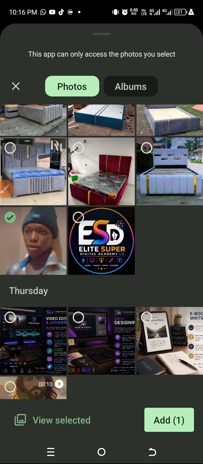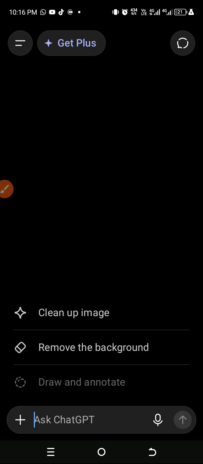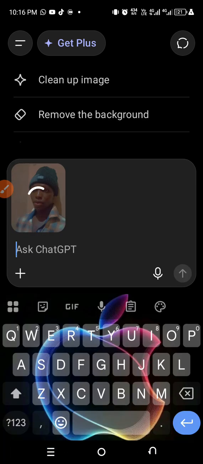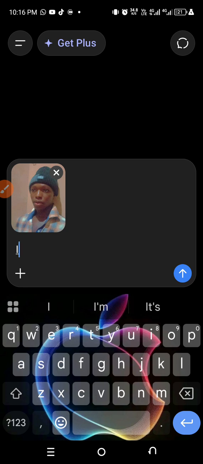Let me just do a brief explanation about picture editing. Let me try this one. I have not done it before, but let me just use this picture to do it. I want you to edit this picture for me